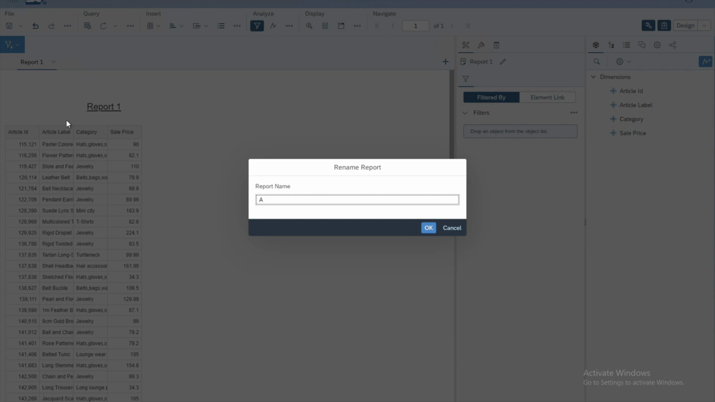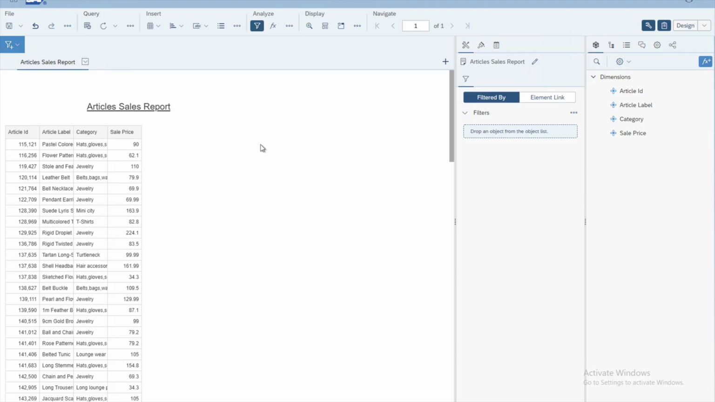Let's say articles report, or maybe articles sales report. All right, and so let's add the second report in the same document. And if we click here on this plus sign, that is the icon for adding a new report in